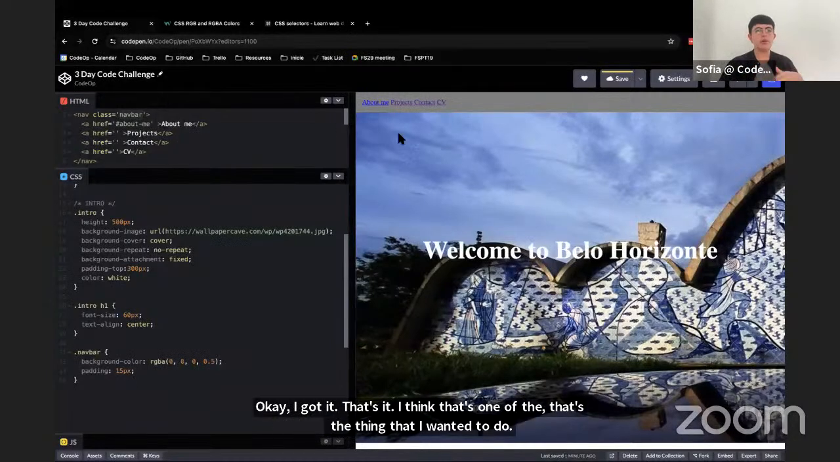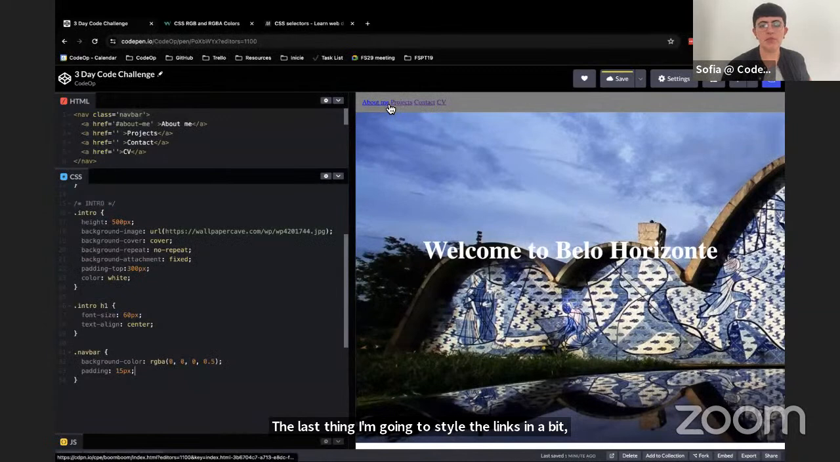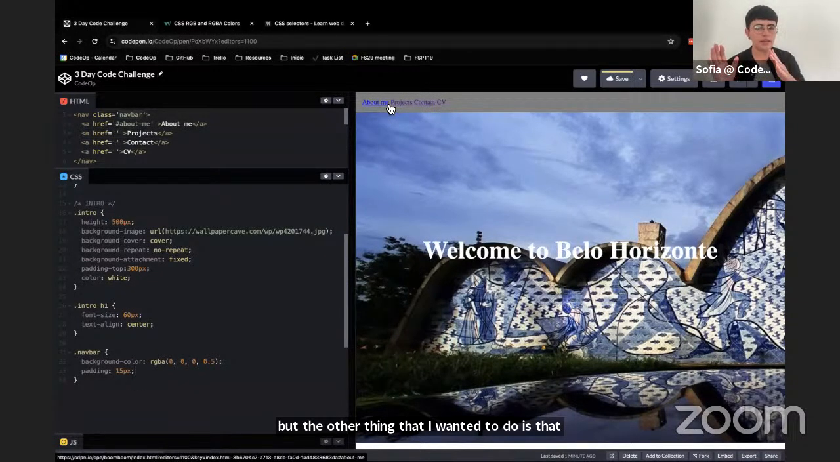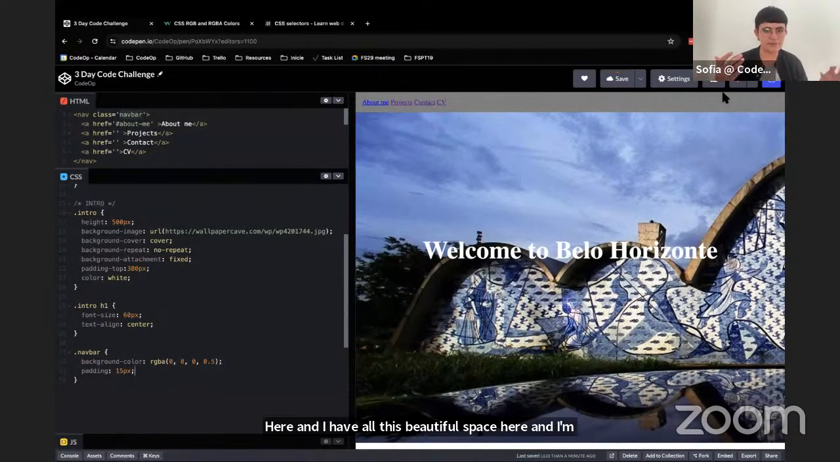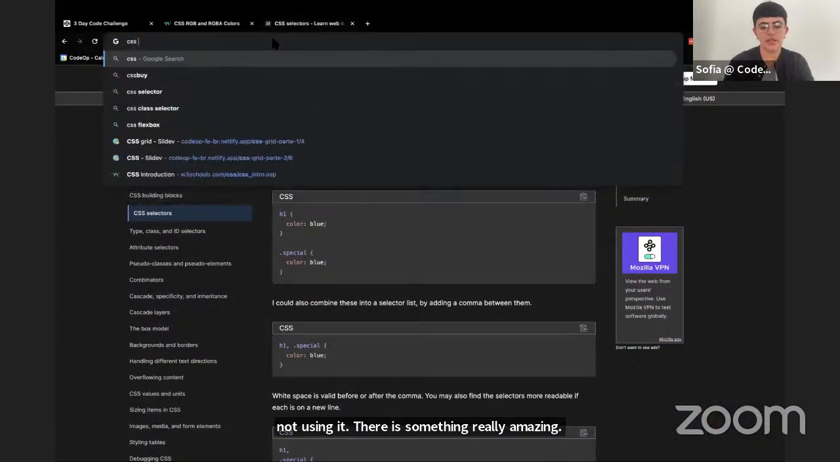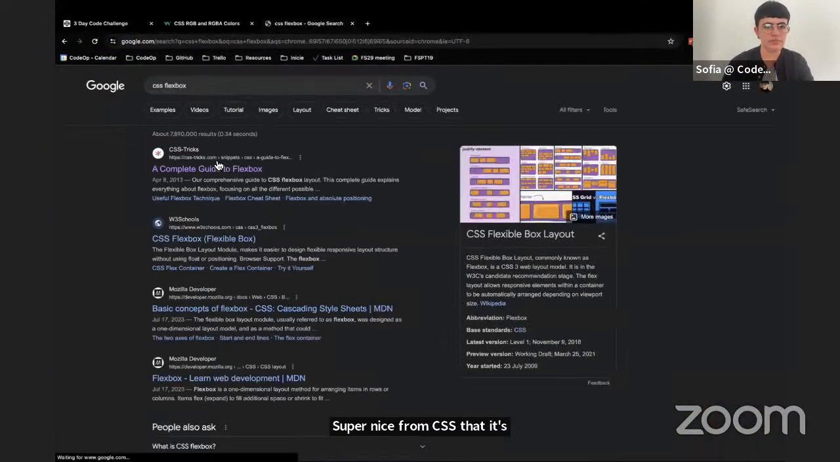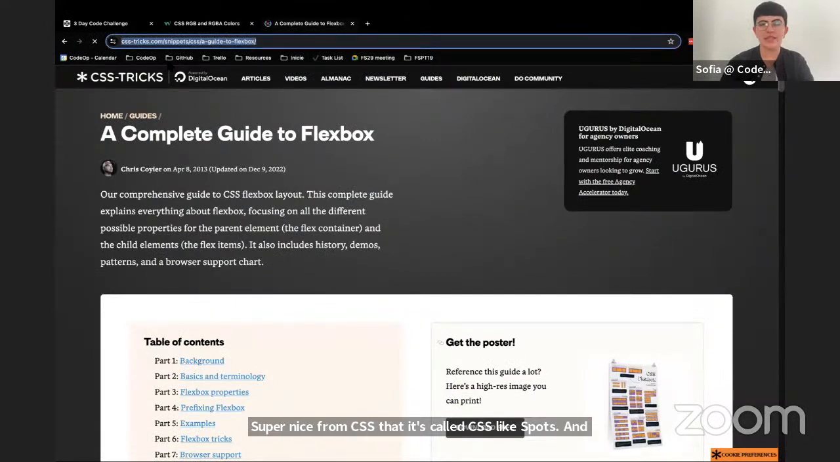The last thing, I'm going to style the links in a bit, but the other thing that I wanted to do is that obviously I have all my links here and I have all this beautiful space here and I'm not using it. There is something really amazing, super nice from CSS that is called CSS Flexbox. And this website is really good for CSS. This one that I'm sending is the guide to Flexbox. But if you go to CSS Tricks,